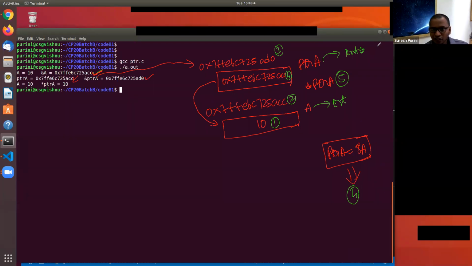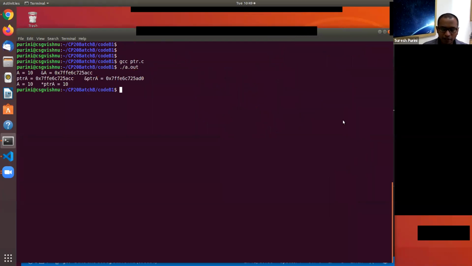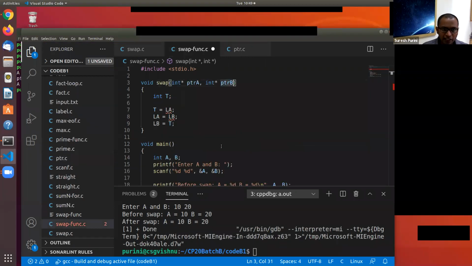Before you ask other questions, are you with me on these five observations? This forms the core base. So now if you're all with me on these observations, then we will go ahead and tackle the problem at hand. The problem at hand is we would like to write a swap function. We want to exchange the contents of two variables A and B. In order to do that, we pass their addresses instead of their values.